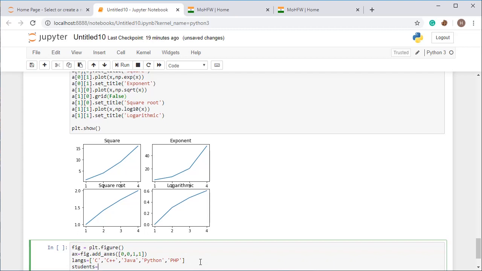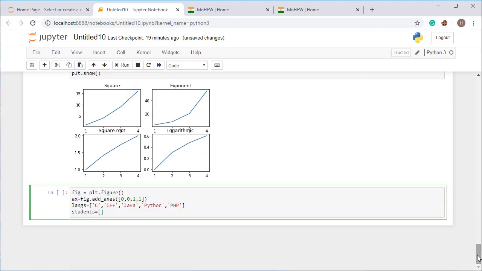All right, and now I am going to show you a class that has a total of 180 students and their interest in programming languages. So I'm setting it like 25 students like C, 17 students like C++, and 33 students like Java, and PHP is liked by only 10 students.